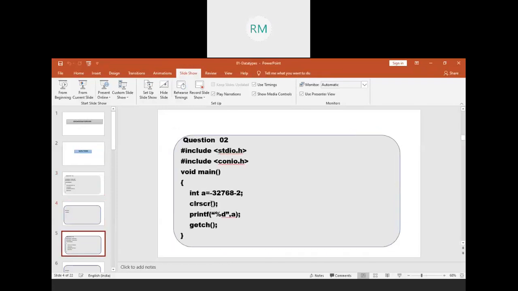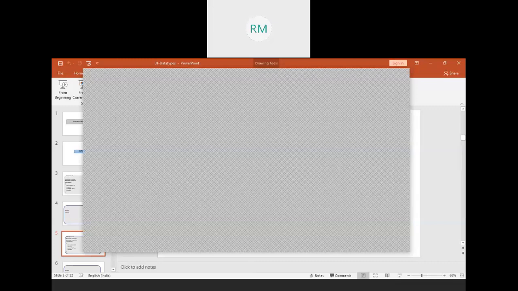Attempt the second one, same logic, but this time in the anti-clockwise direction. Minus 32,768 is the minimum value you can represent in the integer variable. Okay? Clear? But this value is out of the range. What is the value of this one? Minus 32,769, but it is out of the range in negative numbers. Then what happens? In the anti-clockwise direction, you count the values in the anti-clockwise direction.